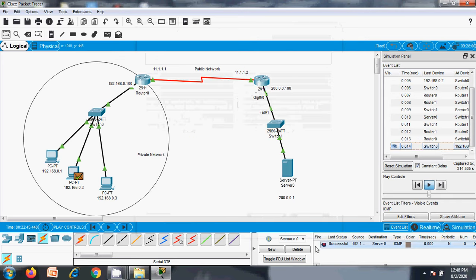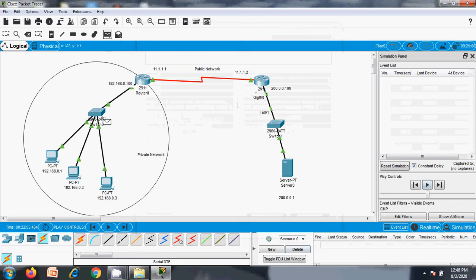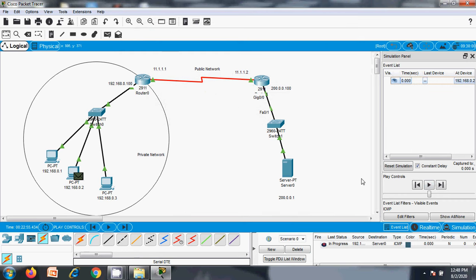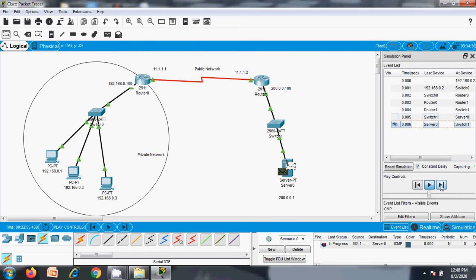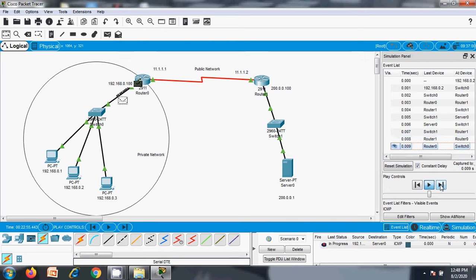But let's go for another simulation where the public IP will be different. It's the same PC and the same server. The request reaches the server, transmission completed. If you take the router to switch to router packet, if you take this packet,